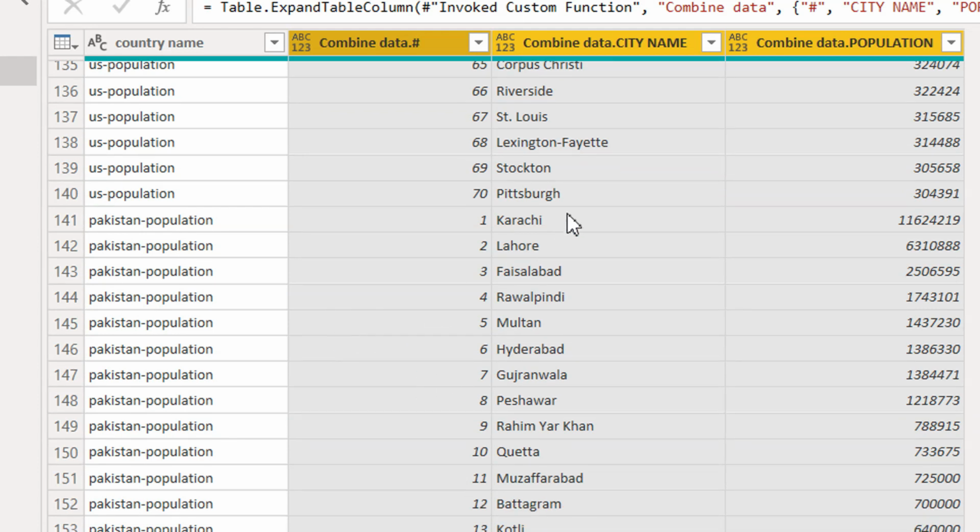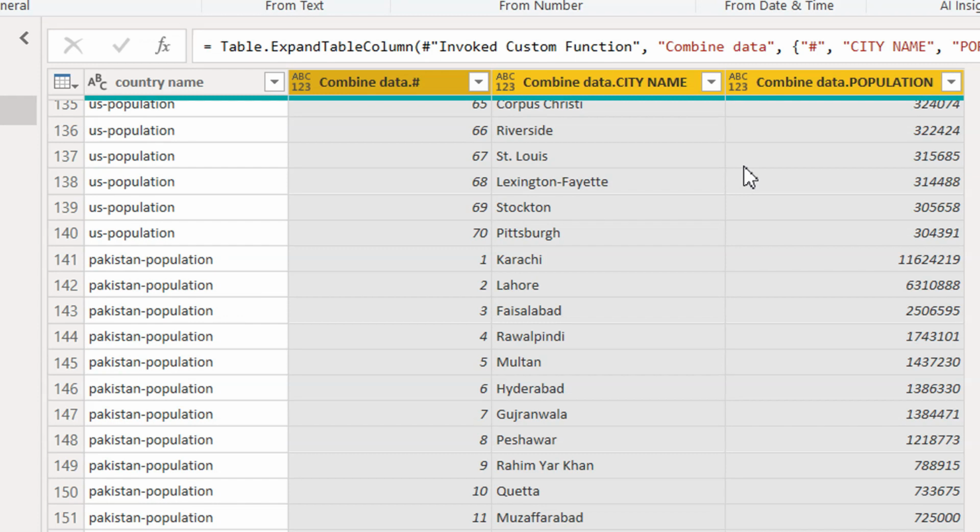So what we have done here, we have just created one table that holds all the required data that we need to scrape. For example, we wanted to scrape data for 3 countries, Pakistan, US, and India, and we don't need to go every time to the website, change the URL, and then combine all the data in one column, like country name or the population or the city name,